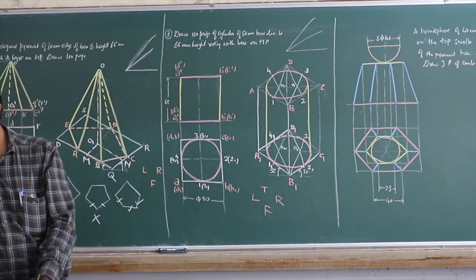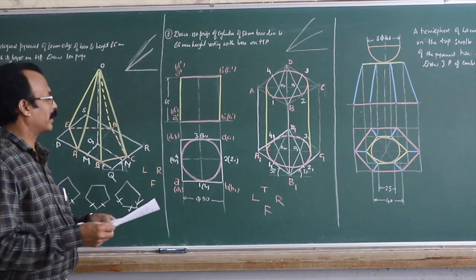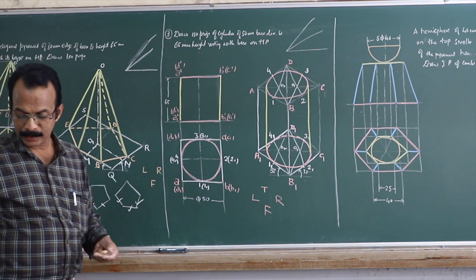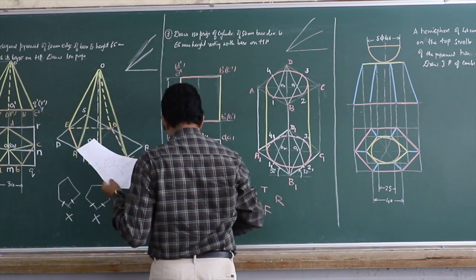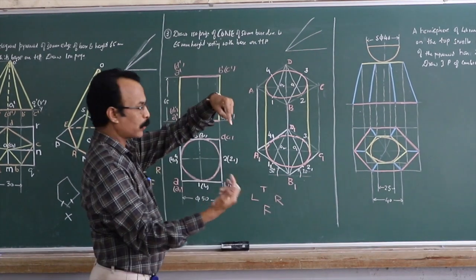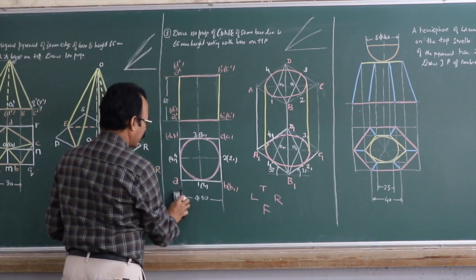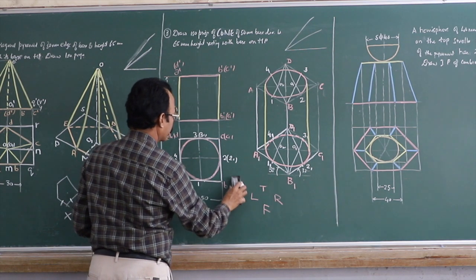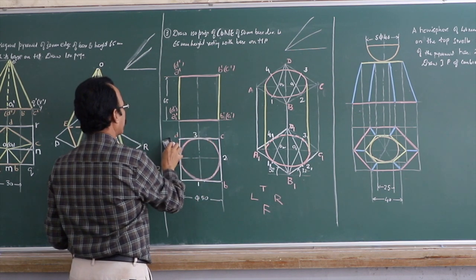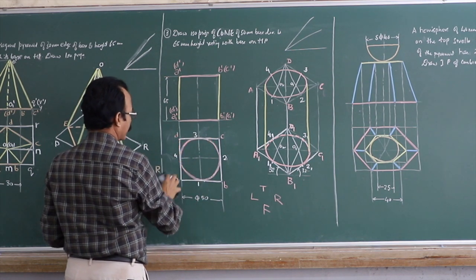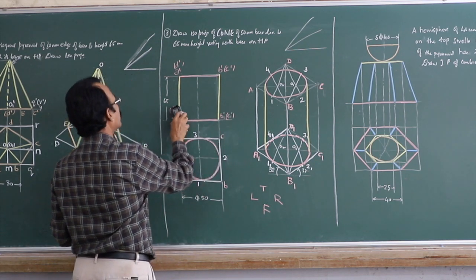So now the next solid is how to draw the isometric projection of a cone. In order to save time, I will change this problem itself. So draw the isometric projection of a cone. It is a cone, right? Top view will again be a circle, but only the naming will be A, B, C, D there. If it was a regular class, I would have taken it separately, but just to save time, I am doing this here. So here it is A, B, C, D.